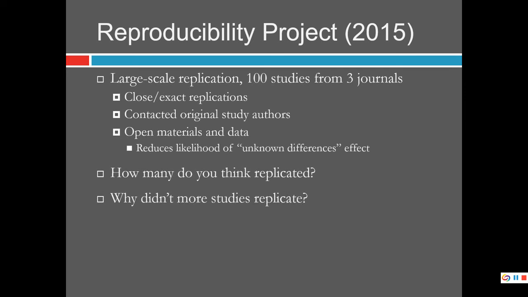So more studies might have replicated if they'd had more contact with the authors. If you looked at the studies that actually had input from the prior authors and cooperation there, and had more insight into their materials and what they did, then more studies replicated. It was closer to 2/3 of the studies that had that benefit. So maybe there's something that some of them missed. Maybe some of the studies are wrong, or maybe some of them are giving low effect sizes in the replications due to chance. It's really hard to say.